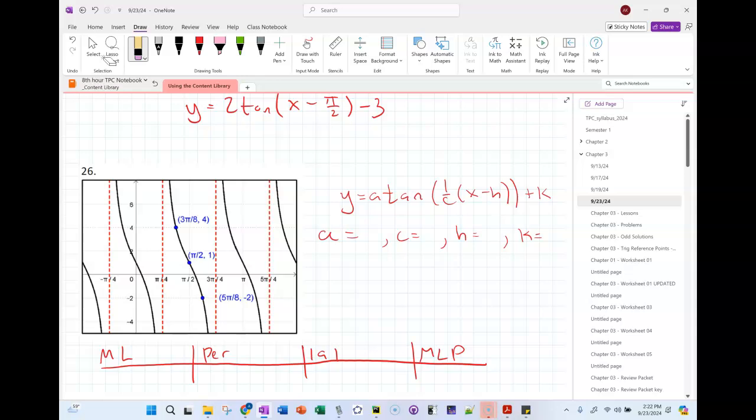Not amplitude, but y equals -3 tangent times 1/2 x minus 5 pi plus